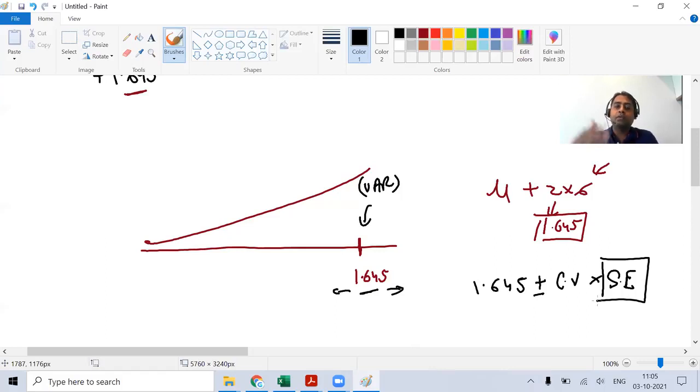If you look at this entire discussion with the entire sum that we're going to be looking at, the major point is finding that standard error. Once we find the standard error, the further process is very simple. It is simply multiplying the z critical value and going down and going up. That's the only thing. But in the historical example that we did in Level 1, we were given a straightforward standard deviation. In this case, we have to find the standard deviation, and that too specific for VaR. That is the main crux.